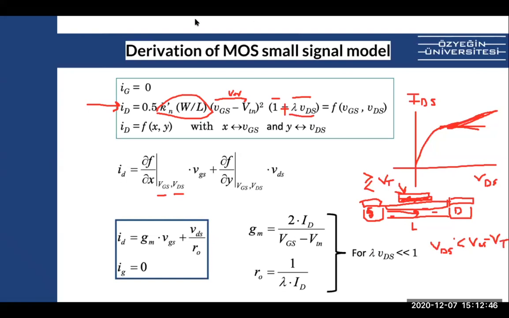We are at the triode region, right? VDS is smaller than VGS minus VT. That means your current changes. This is not the formula; there is a different formula for that. And if VDS gets bigger than VGS minus VT,